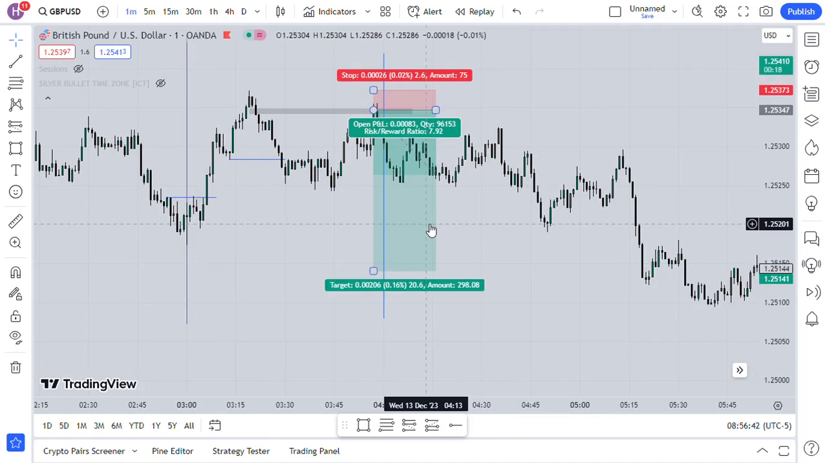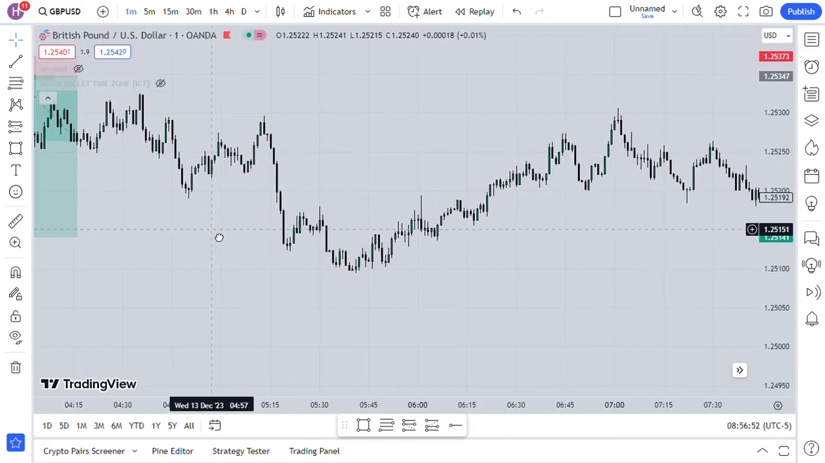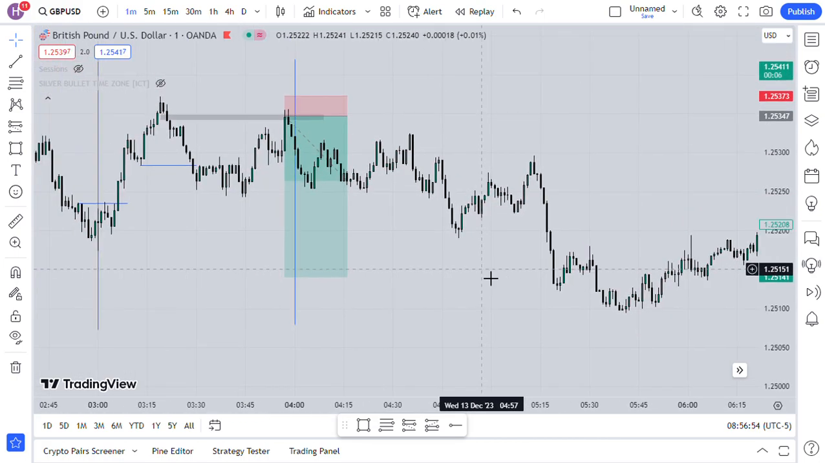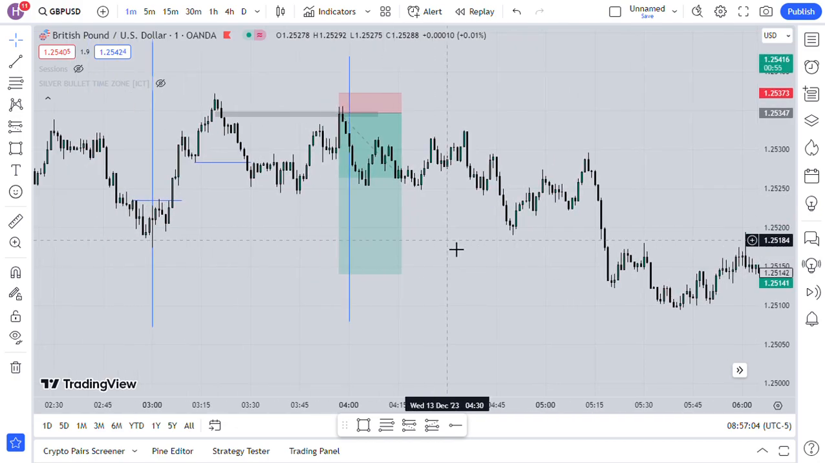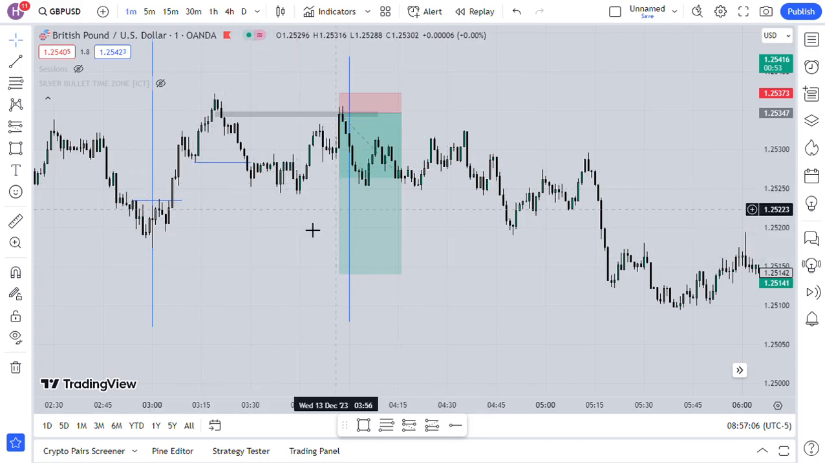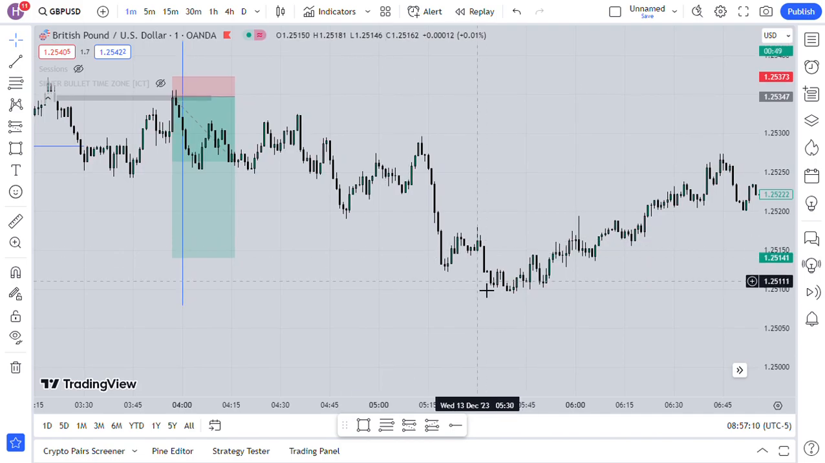On this silver bullet time, you can enter on the silver bullet time, but you can still hold the trade to your objective mostly, since you know the draw on liquidity and the way price works. You can just do that, and it's not a must that the trade last only on the silver bullet time zone, but you can just hold it and let it run till it reaches